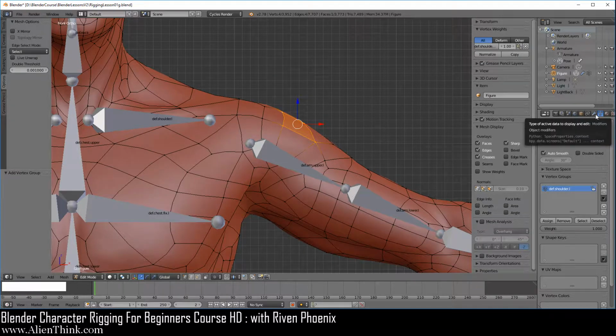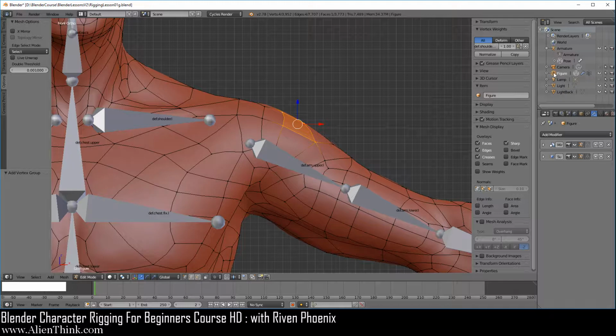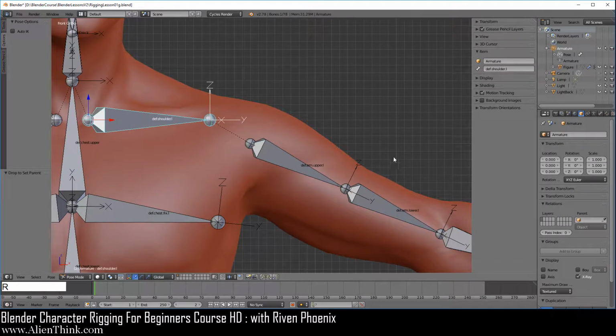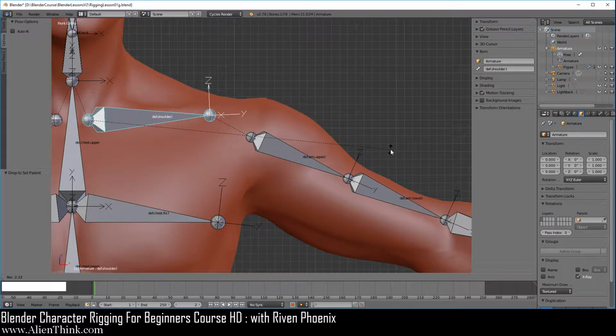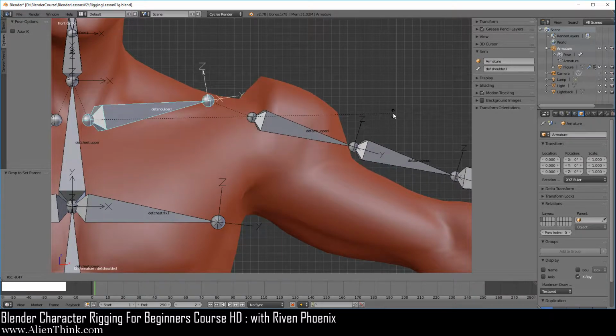Now when we go to the modifiers tab, here we can simply attach the armature modifier, right? Now we have to do this correctly, so it's better to actually just move the figure onto the armature. Before you do this, make sure that you are in object mode on the figure. Okay, so go ahead and click this and now drop it here and just do armature deform. So now when we click on this shoulder bone and press the R key, you can see that the vertices will now follow the shoulder, meaning that vertices don't care which bone they follow, right?